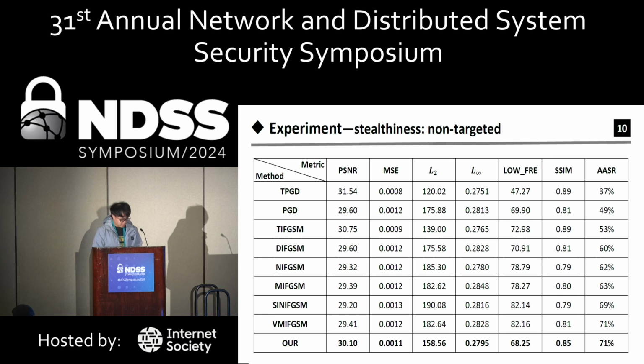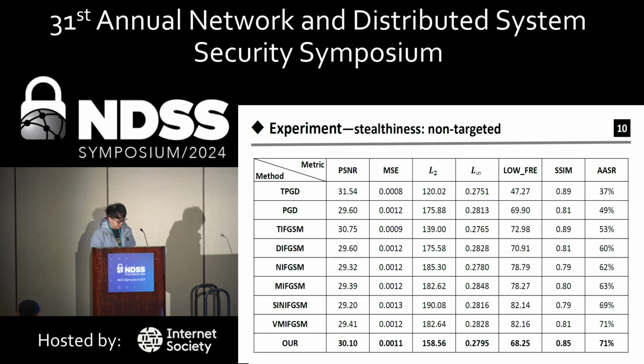The table represents the perceptibility of the adversarial examples generated by 10 attack methods with similar attack capability under non-target attacks. Specifically, when our attack capability is compared to the VMIFGSM and VNIFGSM,